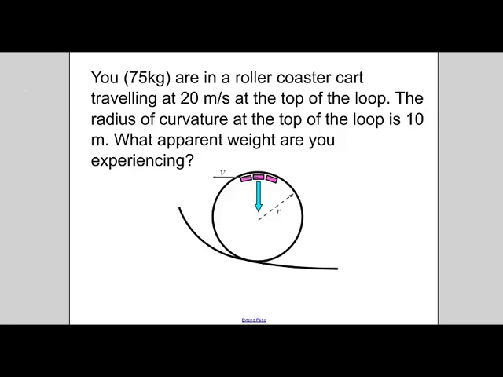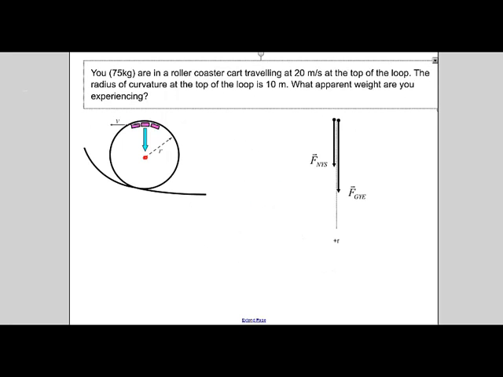So that's the question. What we need to do next is draw a force diagram. And again, if you're in Dr. Holt's class, this little bit about the positive R isn't going to be something you're familiar with. You'll have to use whatever techniques you learn. So what we want to do here is define towards the center of the circle to be the positive R